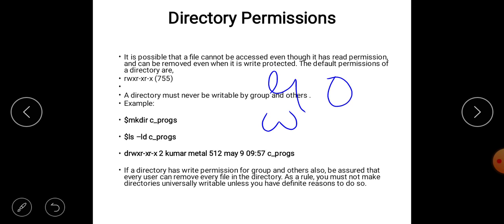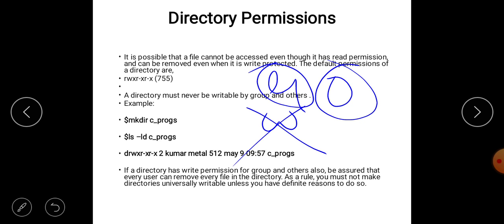So the write permission is cancelled for group and others. Okay, as a rule you must not make a directory universally writable unless you have a good reason to do so. Means they are telling that the write permission should be cancelled for both the group and the others.